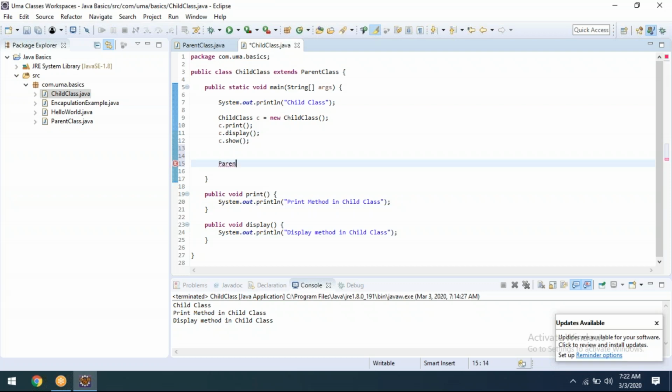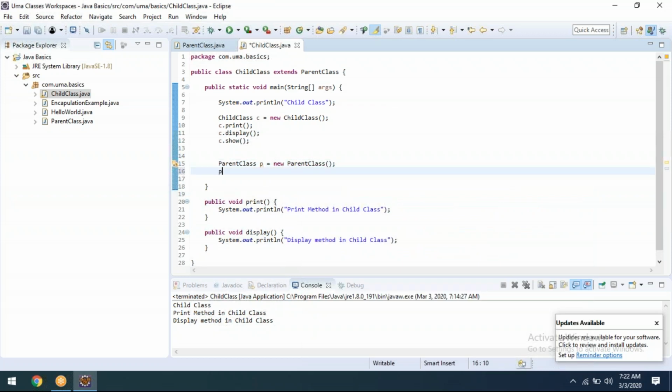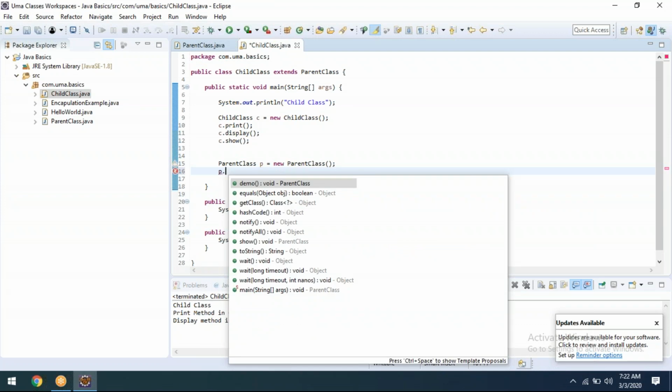Here, parent class P equal to new parent class. Here, just observe, if I put P dot, you are able to see only the methods which belong to the parent class as well as the Object class.